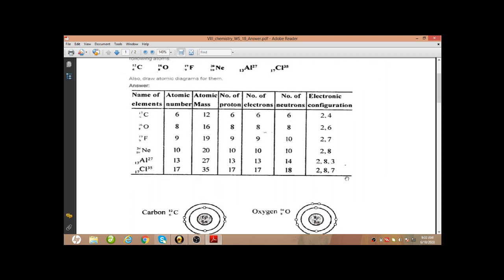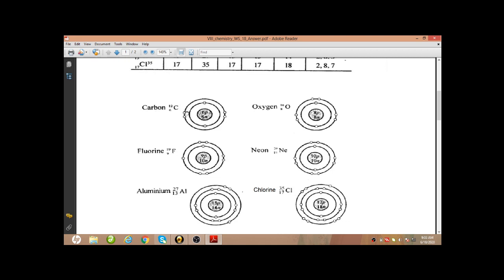Okay, next see the structures. We know this is in the book, or in the study material also you will be getting the structures. It's very easy, we only have to put the protons and neutrons in the nucleus, the number of protons and number of neutrons we will be writing in this manner, and the electrons in the shells. You can draw the electrons better in solid form, just make it black.